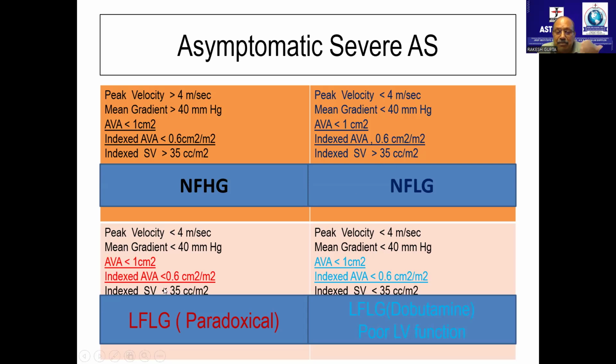Now the LV cavity is still more thick. The volume decreases. My cavity is like this. Now it becomes really thick and the inside volume becomes still smaller in size. So what will happen? The output would be low. So if you really ask me, normal flow high gradient is much better as compared to low flow low gradient paradoxical aortic stenosis. This is the more dangerous variety because it's a continuum of disease from normal flow high gradient, to normal flow low gradient, and then low flow low gradient paradoxical aortic stenosis.